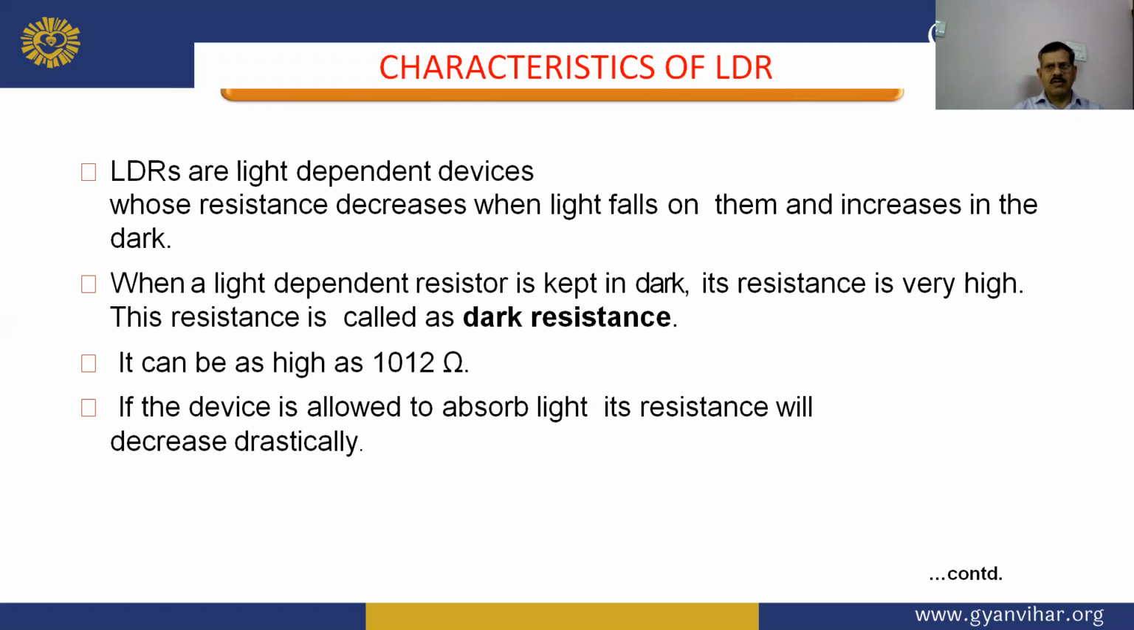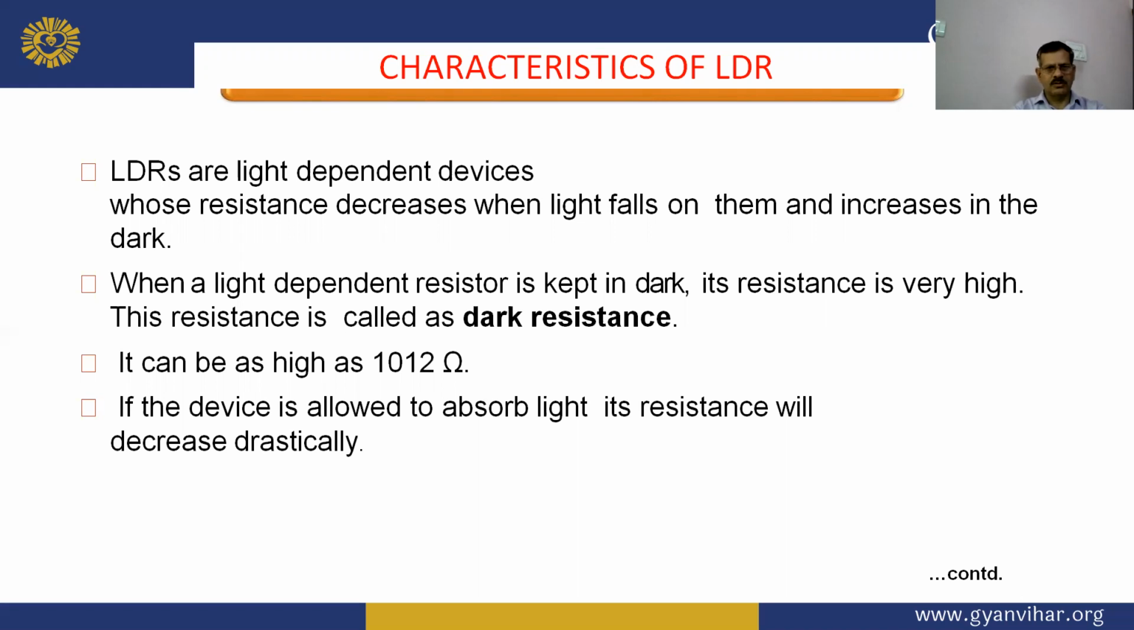And what are the characteristics of LDR? LDRs are light dependent devices whose resistance decreases when light falls on them and increases in the dark. So the LDR is the light dependent resistance device whose resistance decreases when light falls on it and increases in the dark region. So when a light dependent resistor is kept in the dark, its resistance is very high. This resistance is called the dark resistance. So it has a very high value,